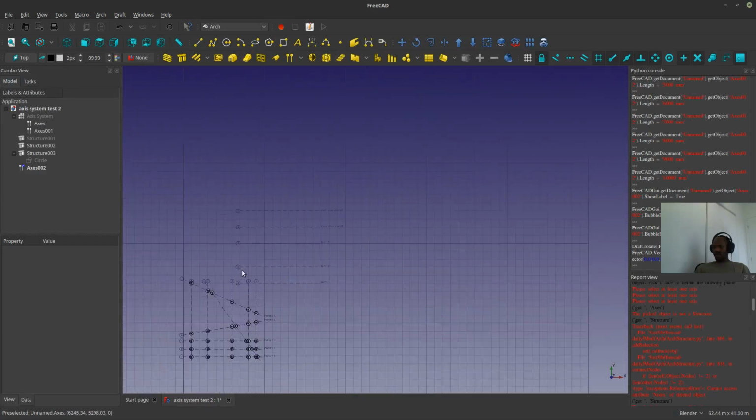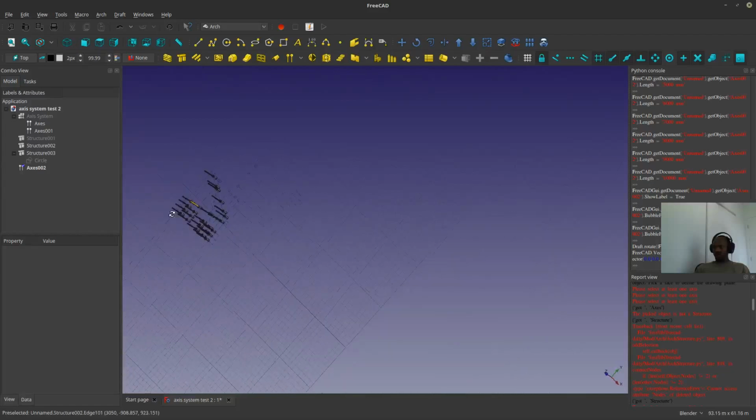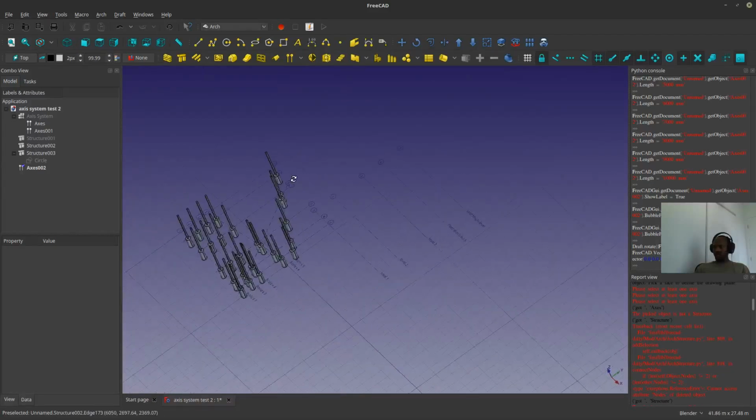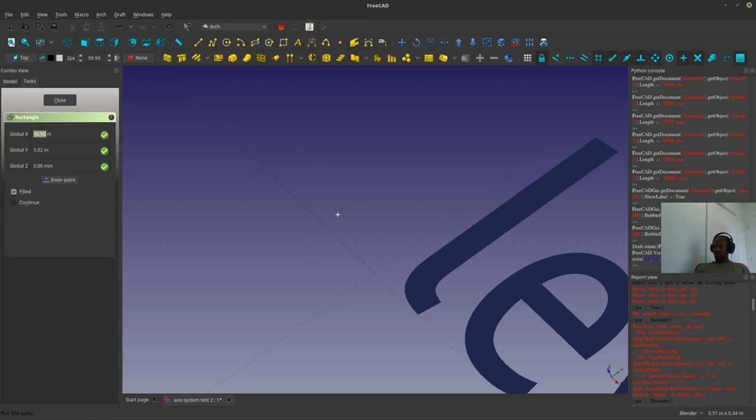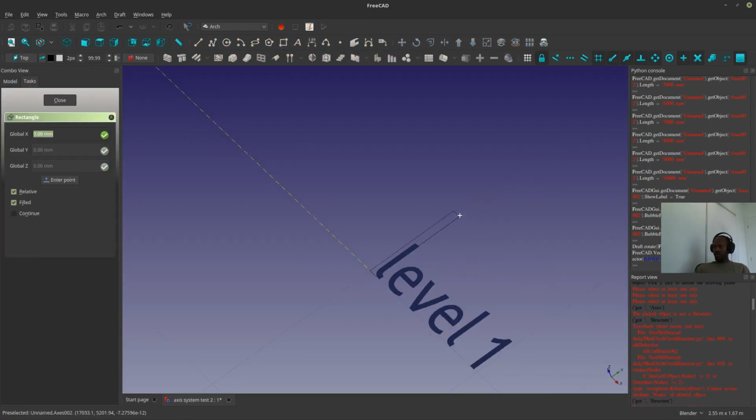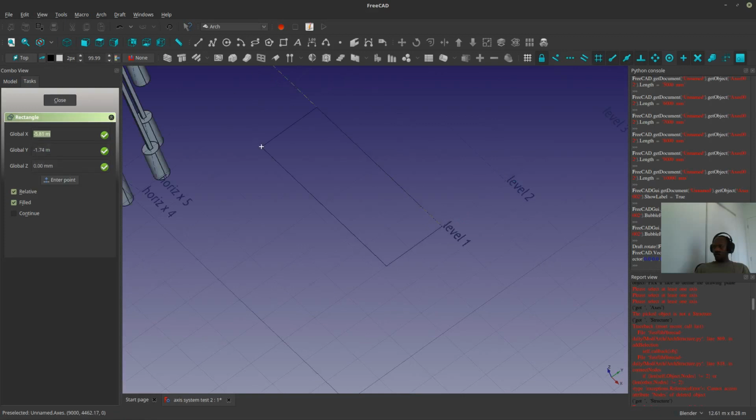But now that's fine, but that's not the way I want it. So let's say I had an imaginary plane that I'm going to draw here. I'm going to select this line,